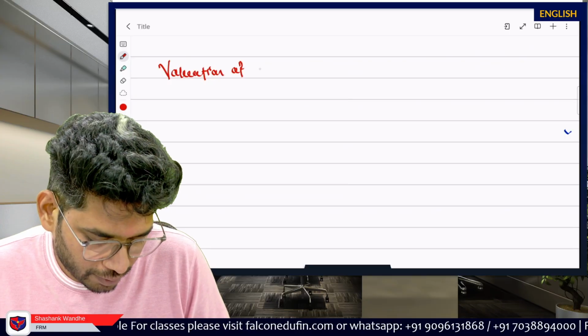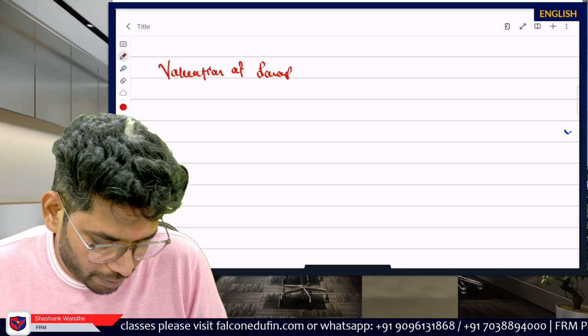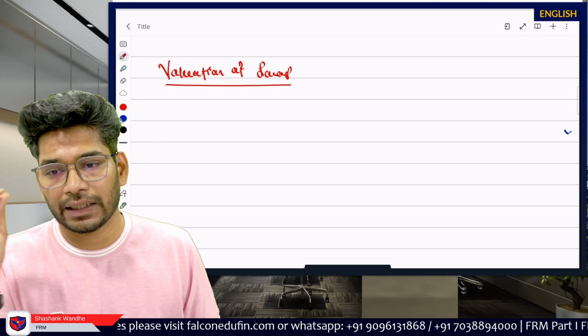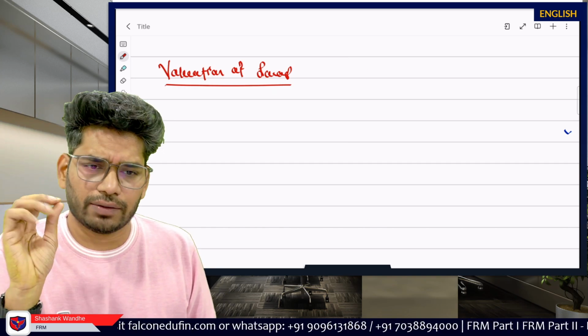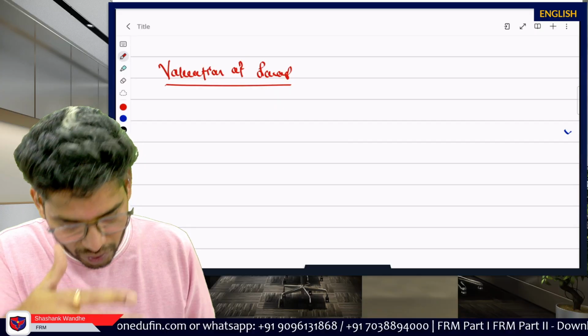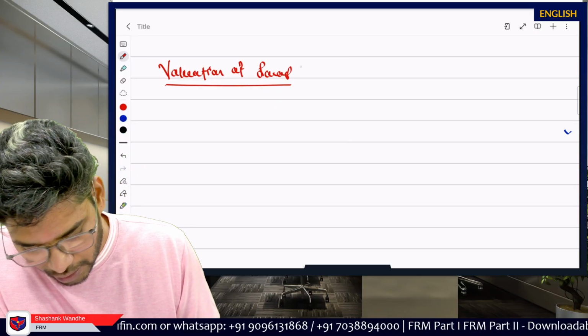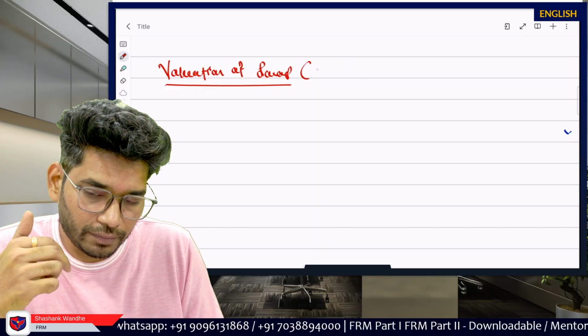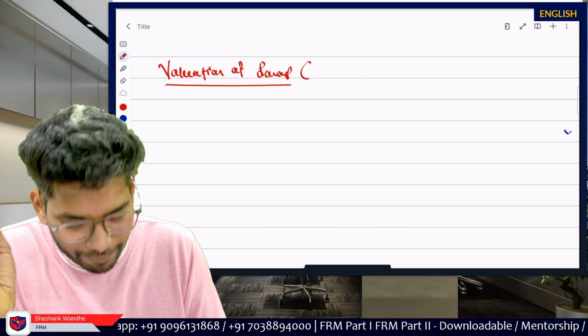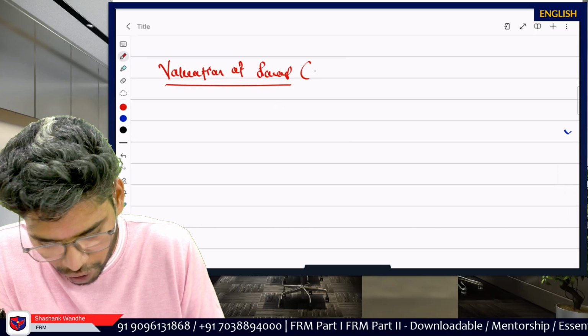Valuation of a swap, that is, a fixed to floating swap. Now the valuation is again simple. You have to just focus on what's happening in the structure. Important note here, in this particular exam, you have to just calculate the value of the interest rate swap